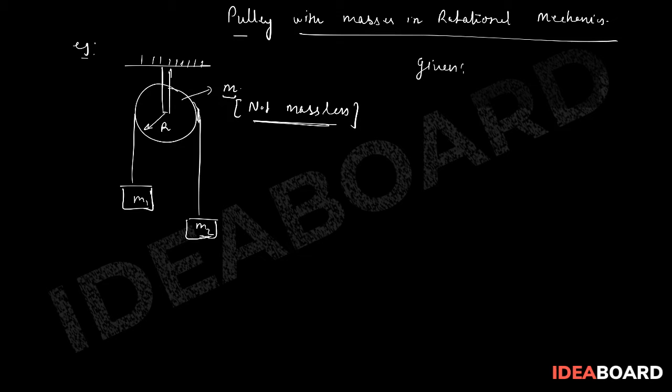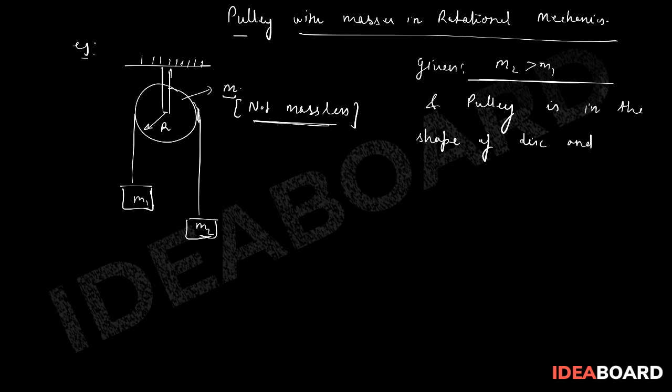Given m2 is greater than m1, and the pulley is in the shape of a disk and the mass distribution is uniform,